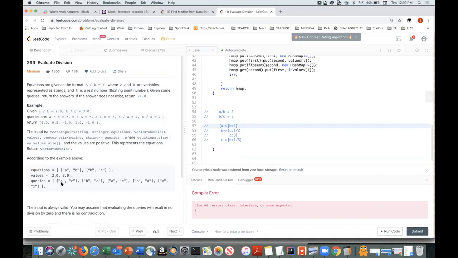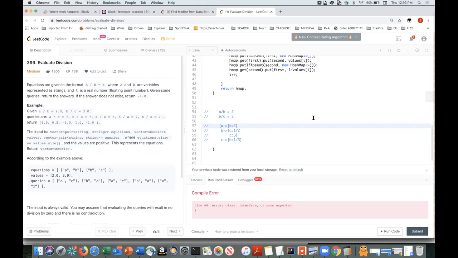Now coming back to the actual one, like A, C, B, A. For this, I just traverse through the hash map. If it already exists, like there is a key A, and in the submap I have a value for C, I will return the double value. If not, then I will just call this map again.